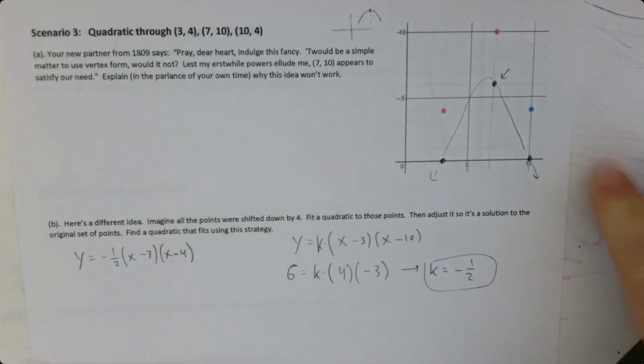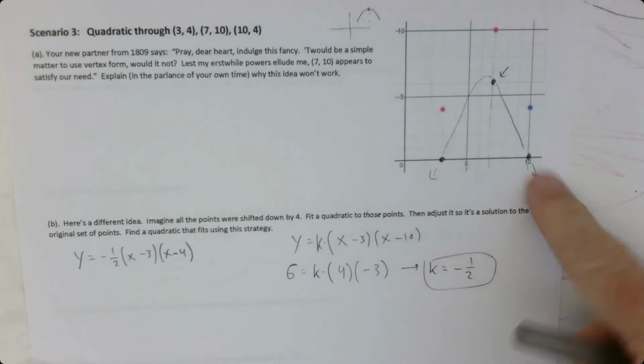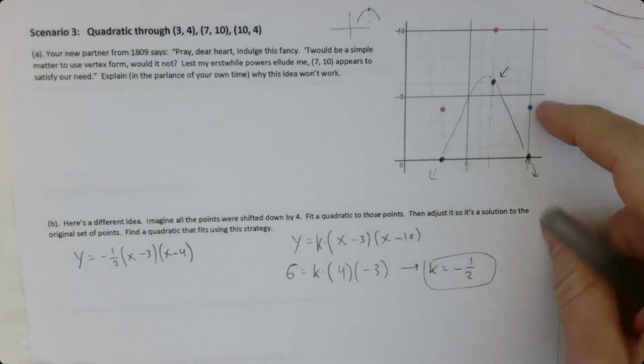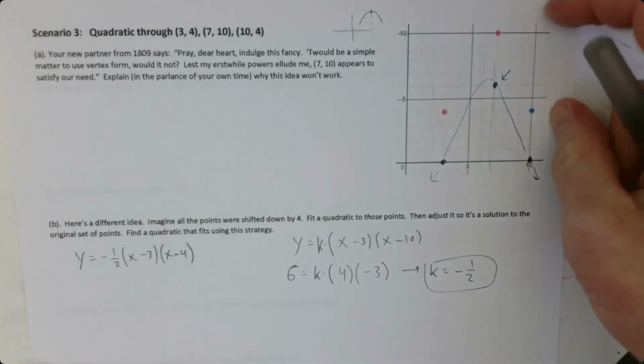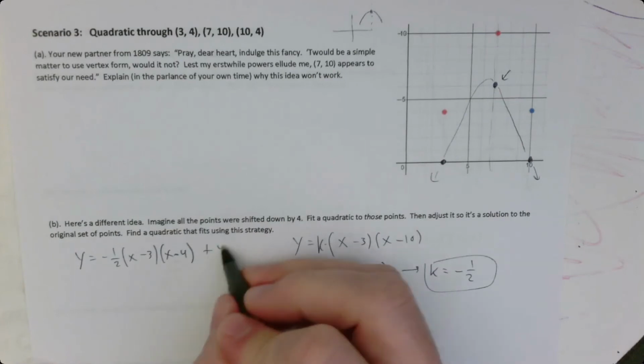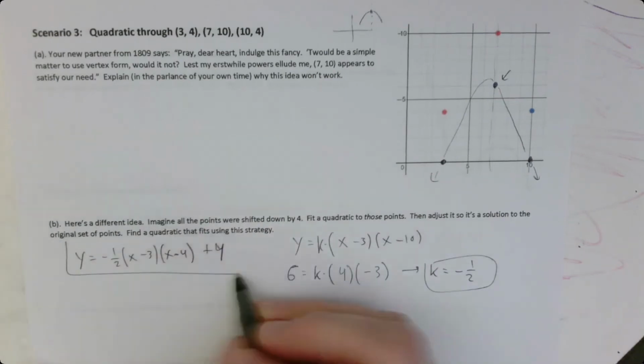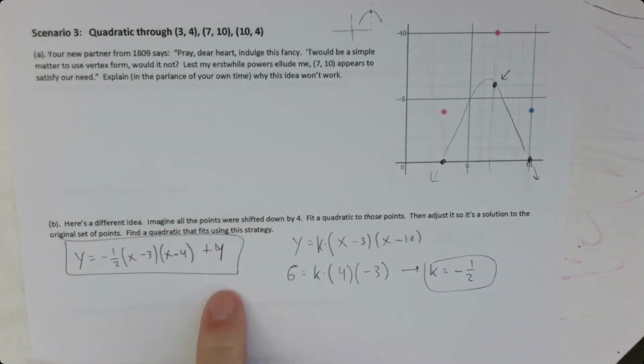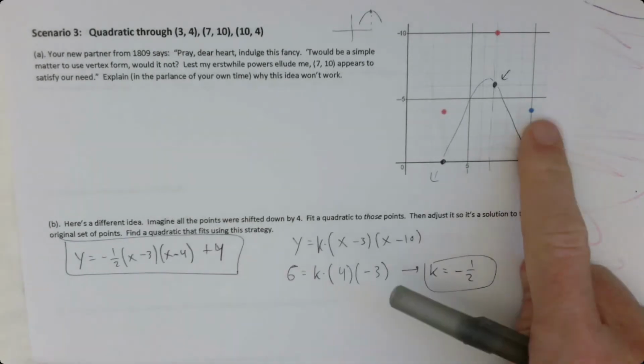Well, remember, to get the points where we knew what the roots were, we shifted down by 4. So now let's just undo that. Let's shift it back up again by 4. Ta-da! So this is an example of a whole bunch of strategies that are based on the idea, if the